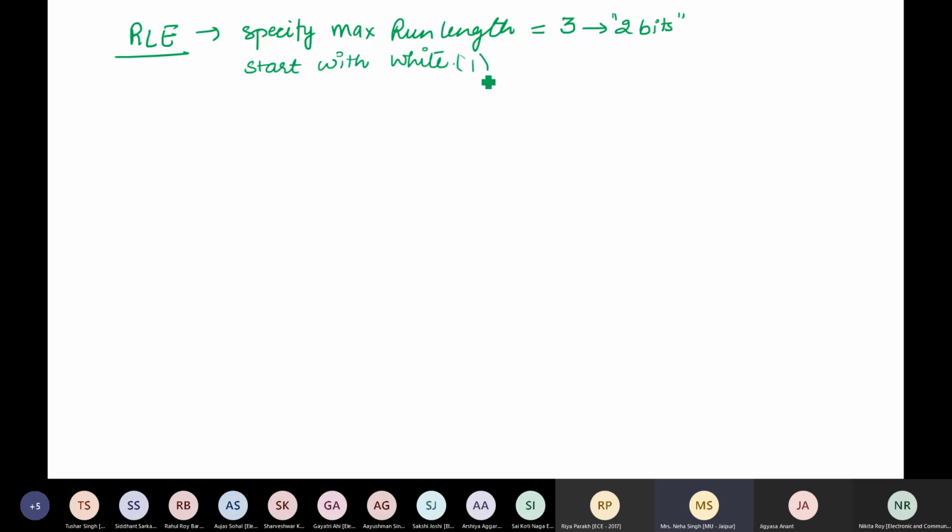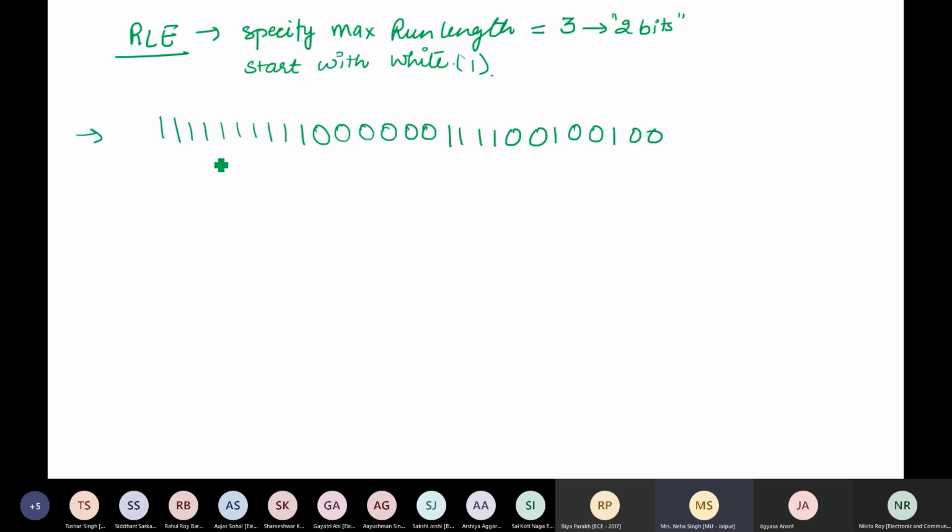That is 1. Suppose I have this. This is my input data. So I have to begin with white. So fine, it begins with white, which is 1.